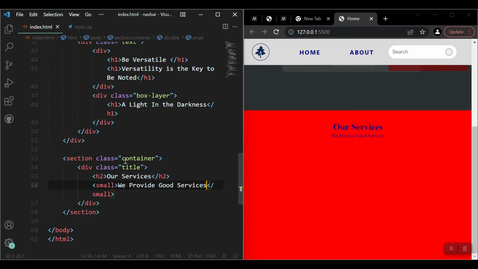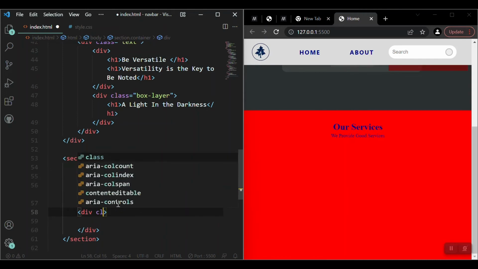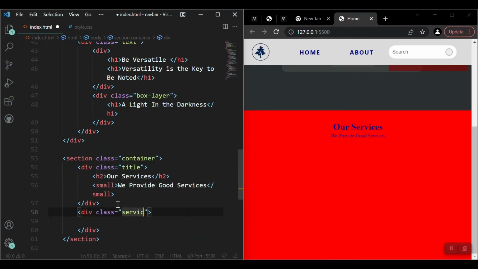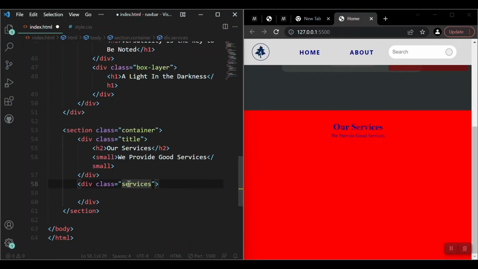So let's add another div under our title section. Let's say our services class services, and this services should have a grid layout. I want to add my 3 services. I want to list them here in a row or column based or something like that. So let's create 3 more divs and give them a class like service, 3 of them,